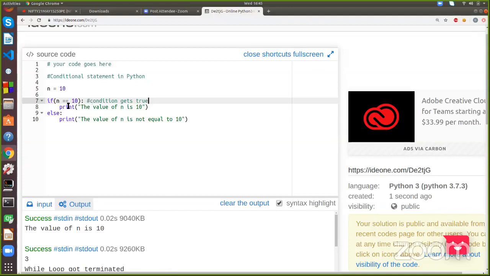So here I wrote if n equal to 10, it's true, so I got the output: the value of n is 10. अगर ये false हो जाता, then move to the else block and print the value of n is not equal to 10, ठीक है।